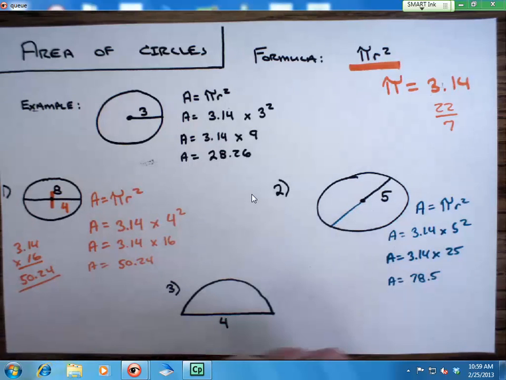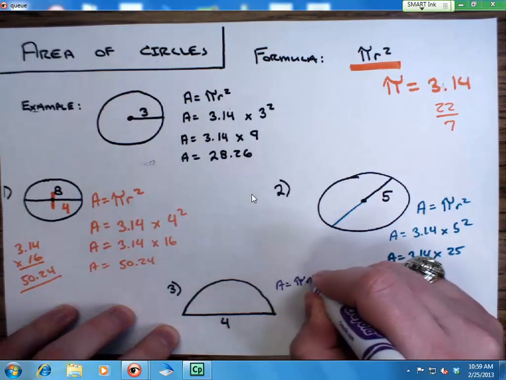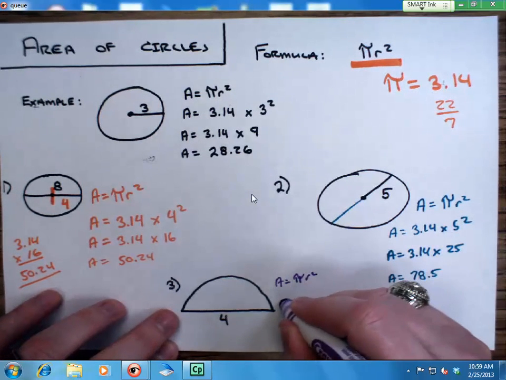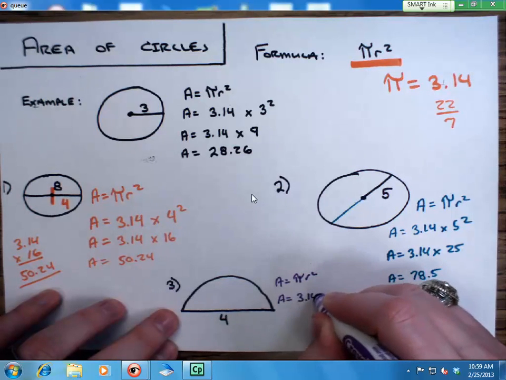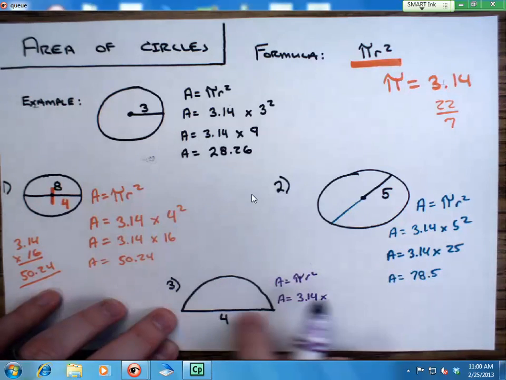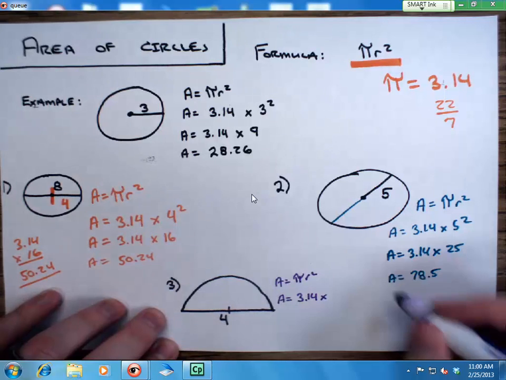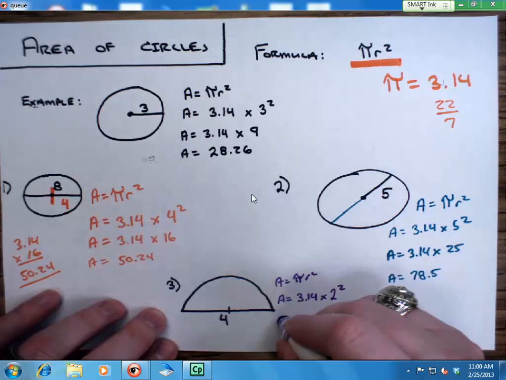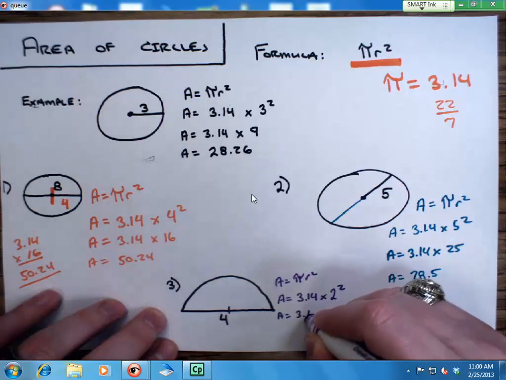So the process is the same. I'm still going to have to do my A equals pi times radius squared. The difference is I'm going to have to divide by 2 at the very end. So I'm going to go ahead and figure this out. My area is 3.14 times, now this is my diameter, because it goes all the way across. So I'm going to have 2 to the second power. Well, just so happens 2 to the second power actually equals 4. So that's convenient for us. So I'm going to have 3.14 times 4,